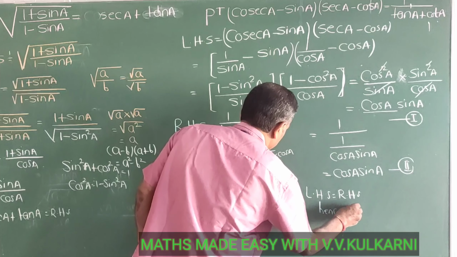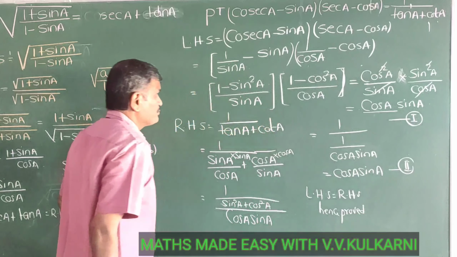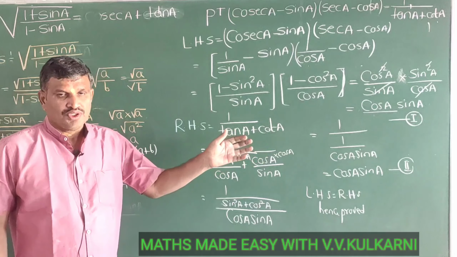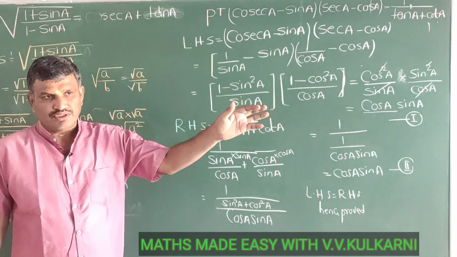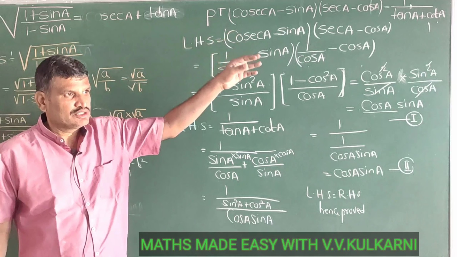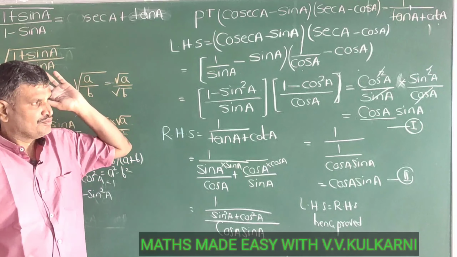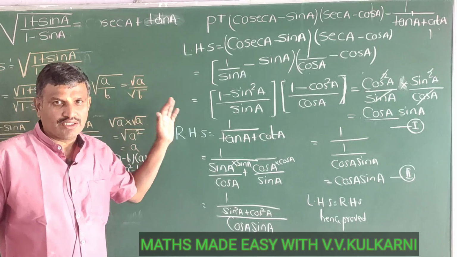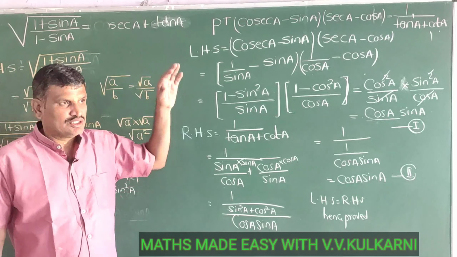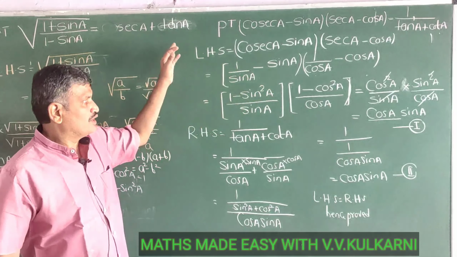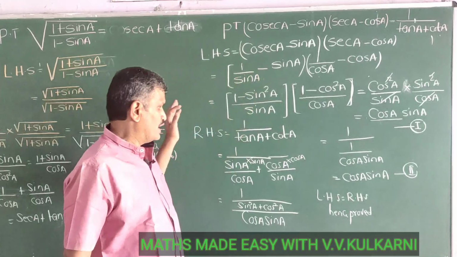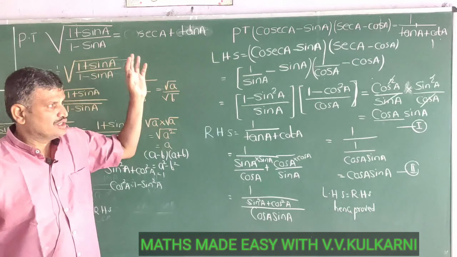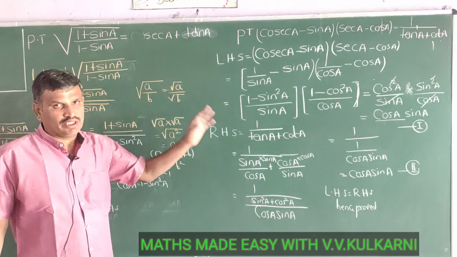So what happens is, sometimes in trigonometry you may start off with LHS and get RHS, you may start off with RHS and get LHS. Sometimes you will start off with LHS and get some value which may not be equal to RHS. In that case, you have to take LHS and RHS separately, solve them separately and see that both of them are the same. For example, here LHS is this, RHS is also the same, and then you can say that the two equations, if you compare, they are equal. So LHS equal to RHS, and hence proved.